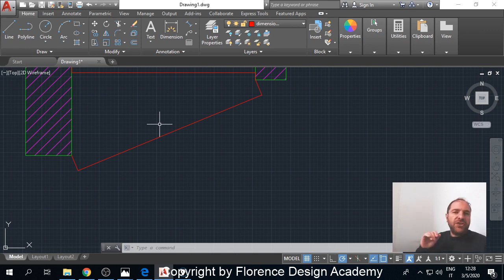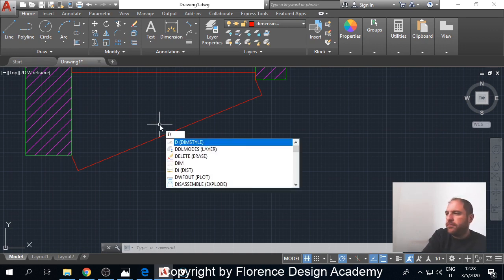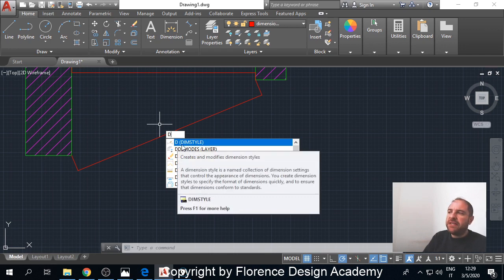But in general, no matter which AutoCAD you are using, if you start typing just the letter D, you will notice that the first tool that AutoCAD will suggest is called DIMSTYLE. That means dimension style. So I simply press D and then enter,